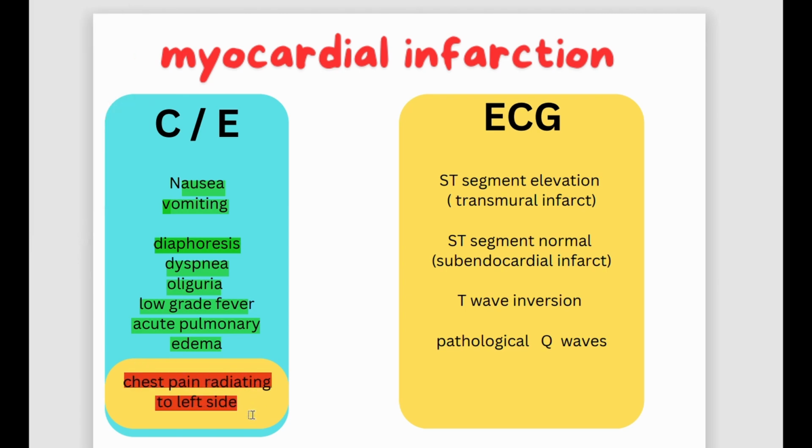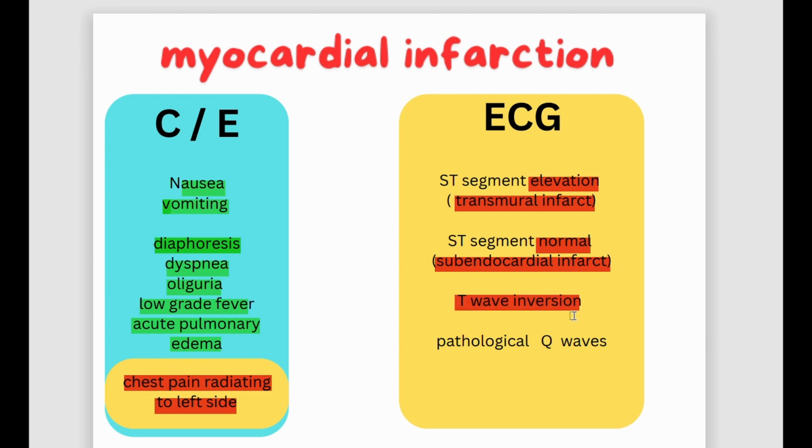So the person coming to the OP with chest pain radiating to the left, make sure that you are suspecting it as a myocardial infarction. So you recommend to take an ECG, and these ECGs may be of different types. Let's see some of the major types. First one, there will be an elevation in the ST segment, which shows that it is a transmural infarction. If the ST segment is normal, but the patient came with the complaint of chest pain radiating to the left side, it may be a subendocardial infarct, or there will be an inversion in T waves or pathological Q waves we can find in the ECG examination.